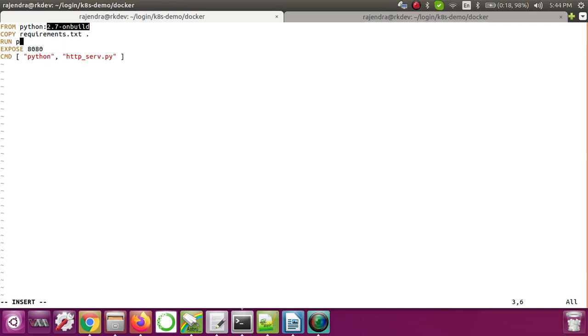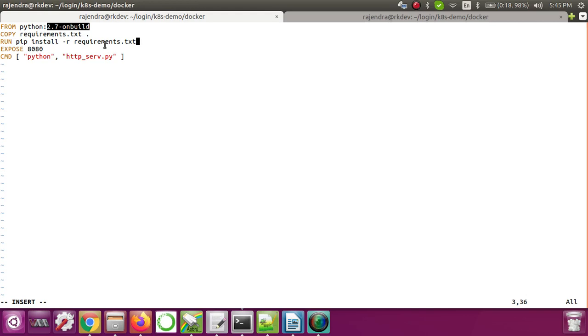For that I have the command pip install -r requirements.txt. So once copied, we are just installing all the applications from that requirements.txt inside the container.